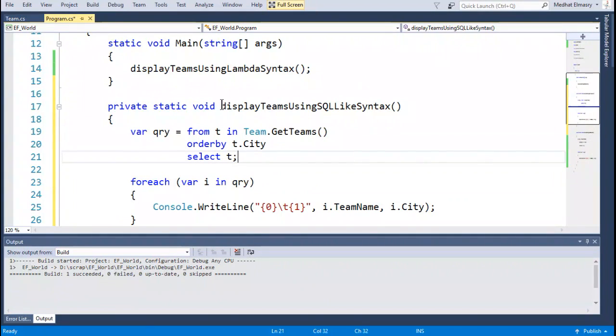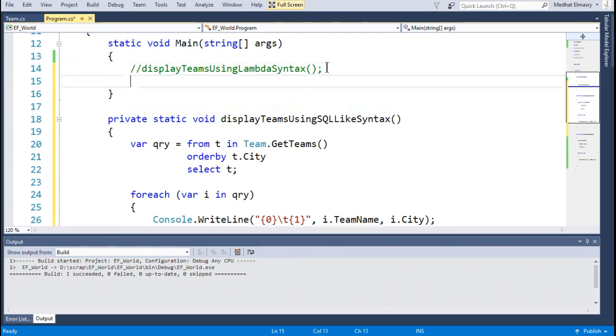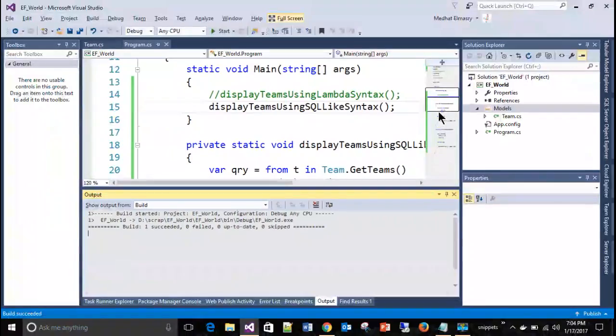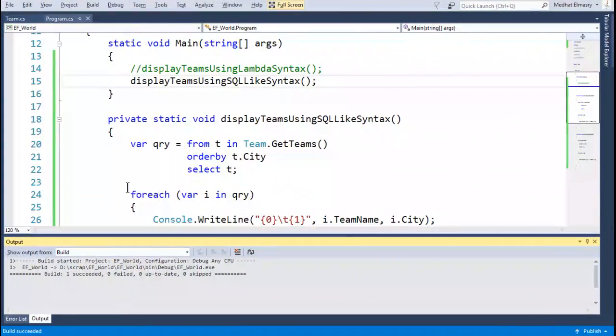Okay, so let me call this method instead of this one here. Okay, so let me run this. It will give me the same thing. So these two syntaxes are a little different. Okay,